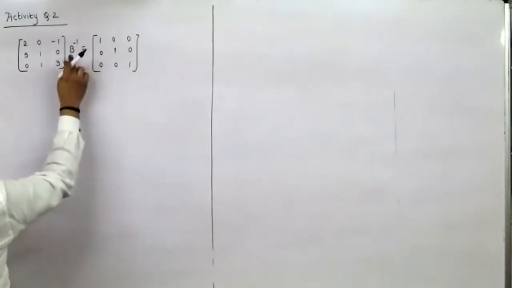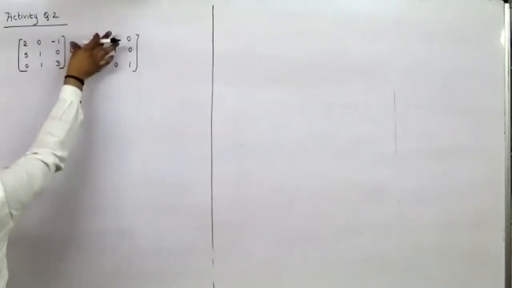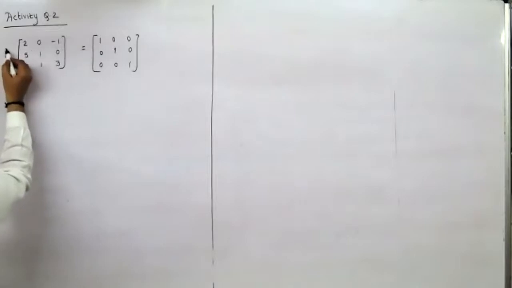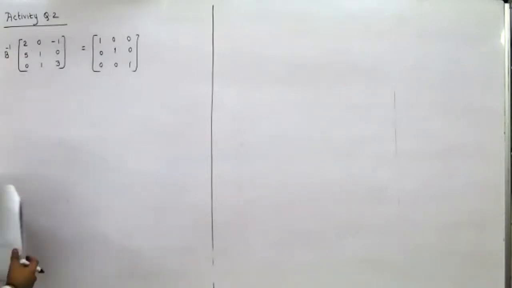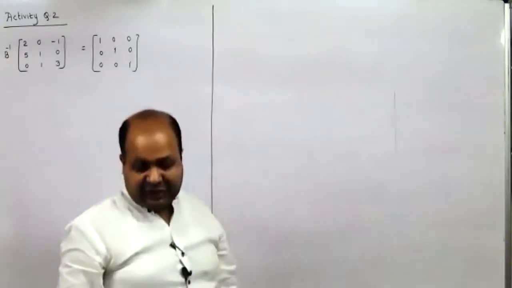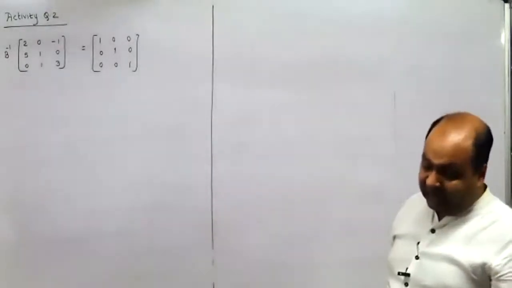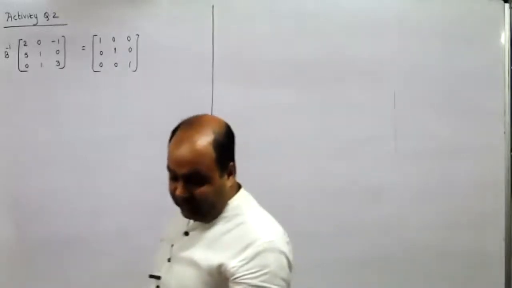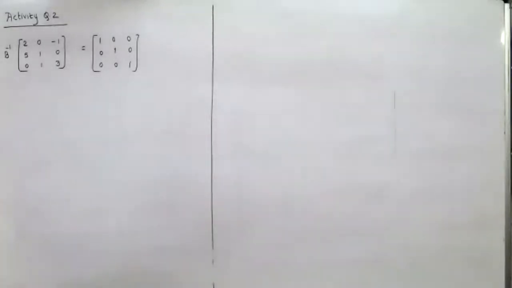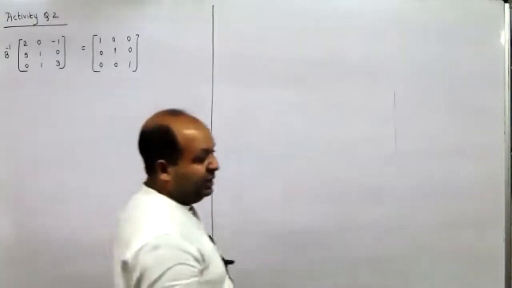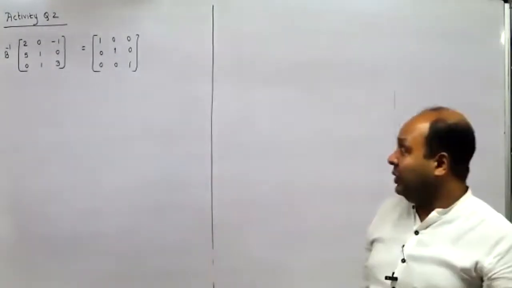First, they have made a mistake here. This shouldn't have been B inverse here. It should have been B inverse at the start, because when it is the second matrix, only then you can use column transformation. So that is a mistake here. Now complete the following activity to find inverse using column transformation and hence verify, they have said. The first step. Now they have mentioned the steps over here. Otherwise, how do you judge it?